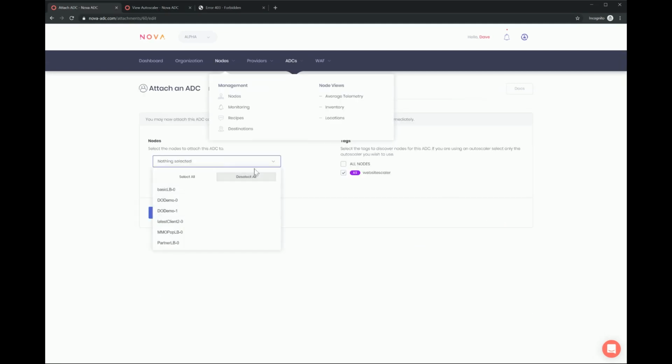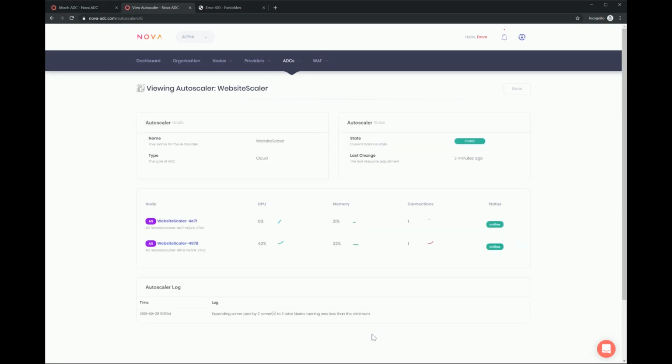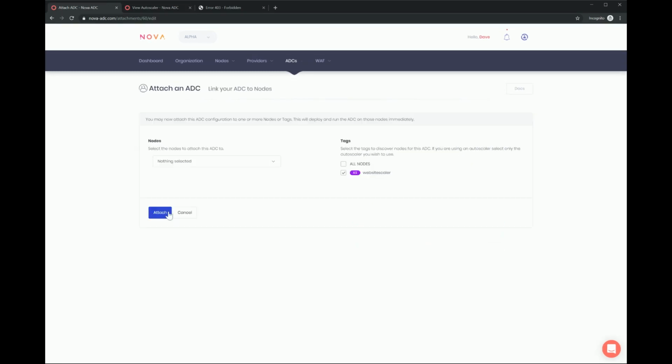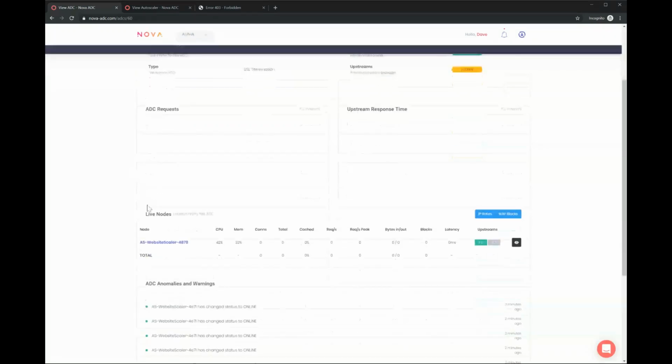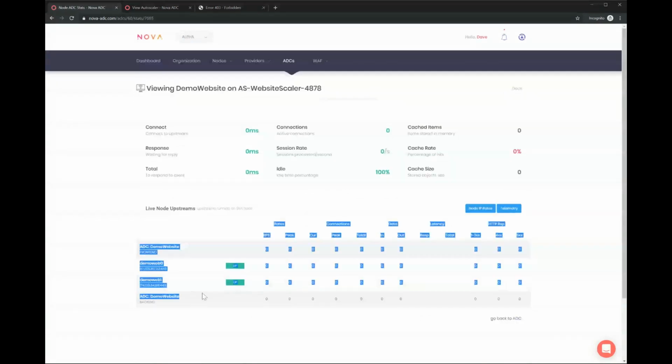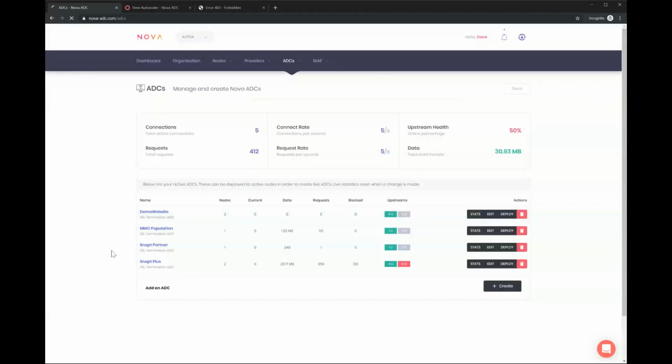So let's just run this website scaler on that ADC group. And again, like I said, this is the autoscaler, so any servers we launch now, if this grows the server pool by 5, they will automatically get this ADC we set up, our website ADC. And it will automatically be managed, updated, the WAF is applied, monitoring, all that kind of stuff. And when we come in here, we can see here is our autoscaler that's running it, and you've got your stats just like you expect. So you've still got the same setup, etc. And you can see the multiple nodes.